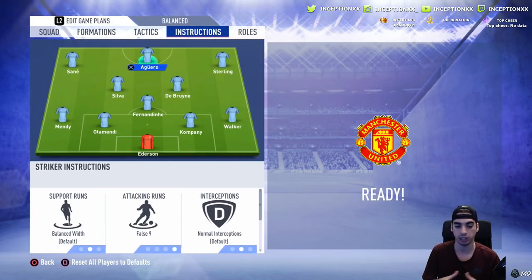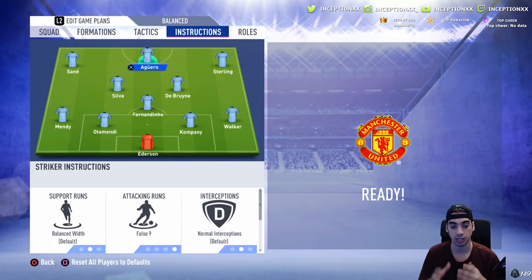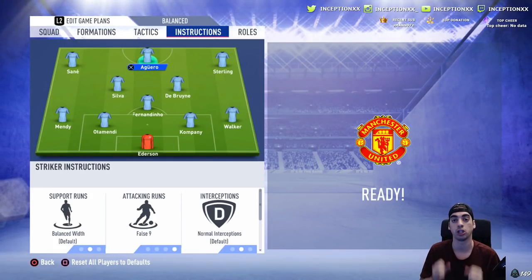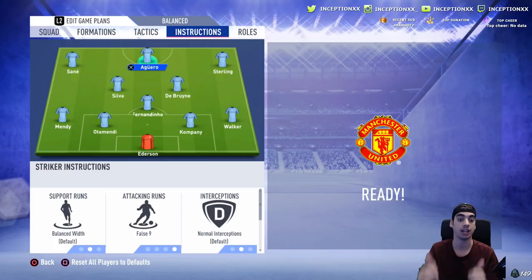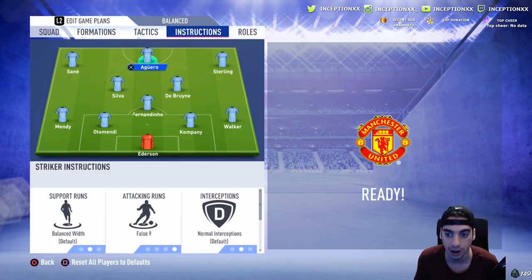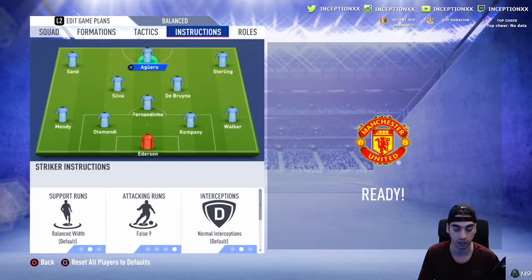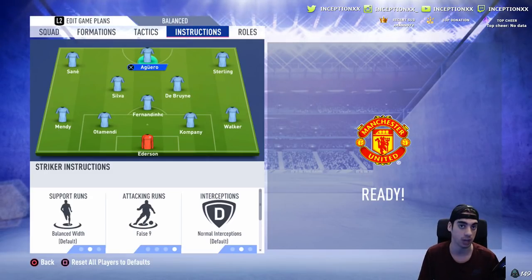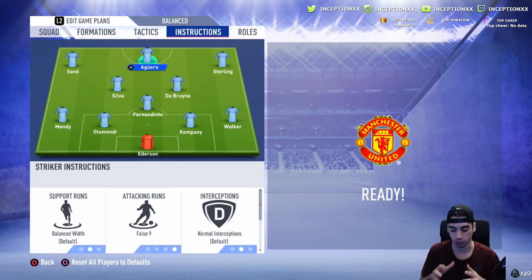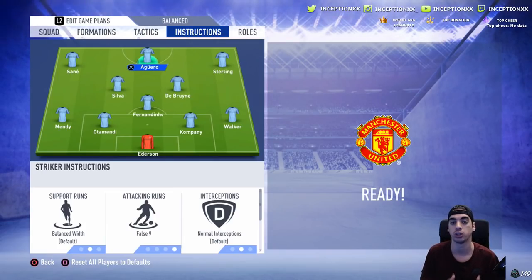Now, if you tell him to play like a false nine and you tell him to come back in defense, he will play like a midfielder, so he will be closer to the middle of the box and he'll come back on the defense quicker. Now, obviously, you're going to be missing Aguero as a striker presence up top, but maybe the counterattack will work really well for you, right? So for you to be able to use that style and use that instruction to the best of its ability,